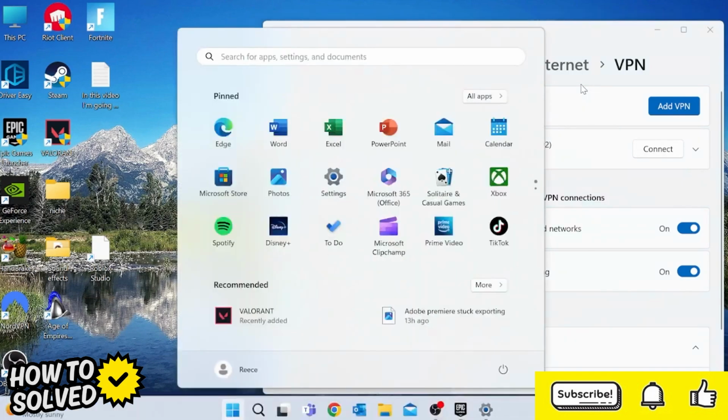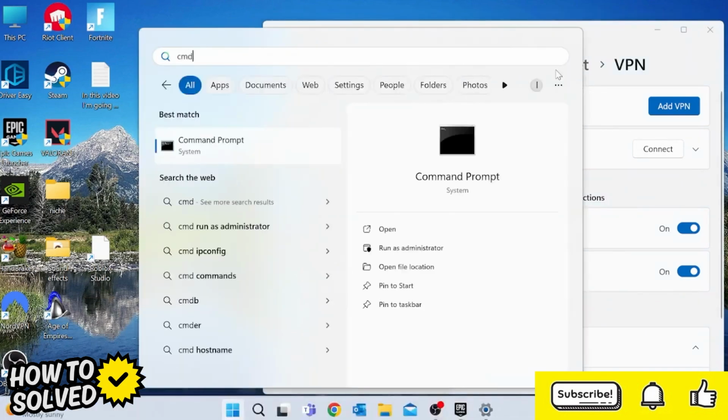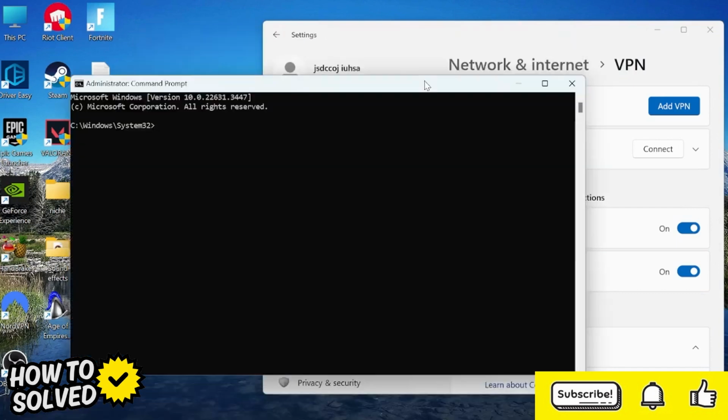Next, you want to come back to your Start menu and search for CMD. And right click on the command prompt and make sure to run as administrator. Inside of this black window, you want to type in the following commands and hit enter after each one. So the first thing you want to type in is netsh winsock reset and hit enter. Then you can type in ipconfig